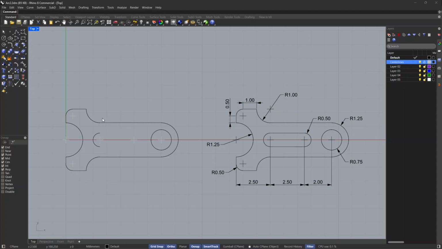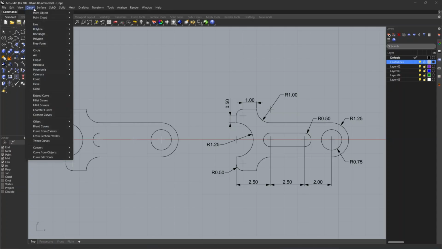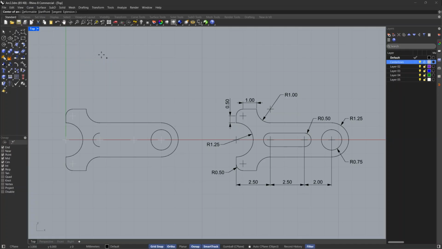Once more, let's go to curve, arc, center, start, angle. For the center of arc, pick the intersection on the center line on right center.